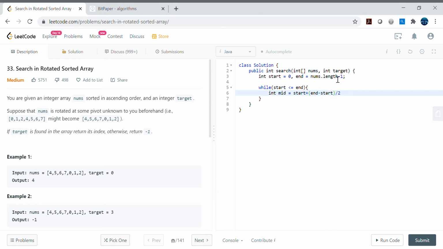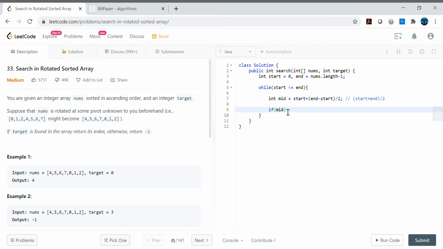To avoid the overflow error, if any. It is the same as start plus end by 2, but this way we can avoid the overflow problem. There is a good description available on the internet, but I am not going to deep dive into that here, as that's a separate topic.